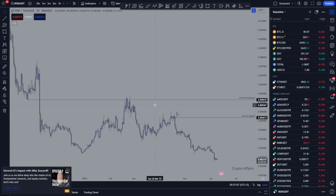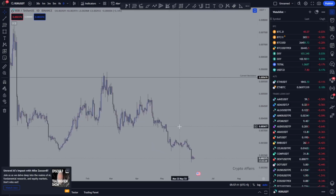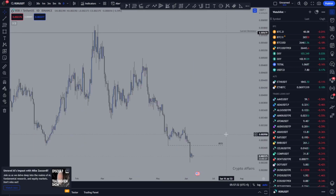Our current resistance stays the same. Current support, I'm going to delete this one because that was the LTF one. This is our point of IBOS. Actually, I'm going to mark it here. Right, so we are sitting at